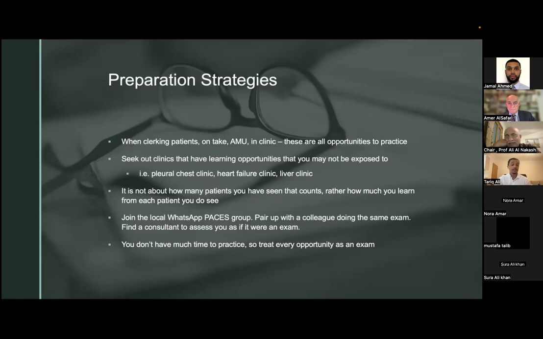And lastly, the advice from before from Dr. Jamal was to move on from MRCP to PACES. I agree with this completely. I did part 1, part 2, and PACES in the quickest amount of time possible, because it's a sieve. You will lose that knowledge, too big a time period, and it will just leave your brain. So you need to move on to PACES as quickly as possible, and that doesn't give you a lot of time to practice. So use every opportunity, including your on-calls, to try and get something done. Next slide.